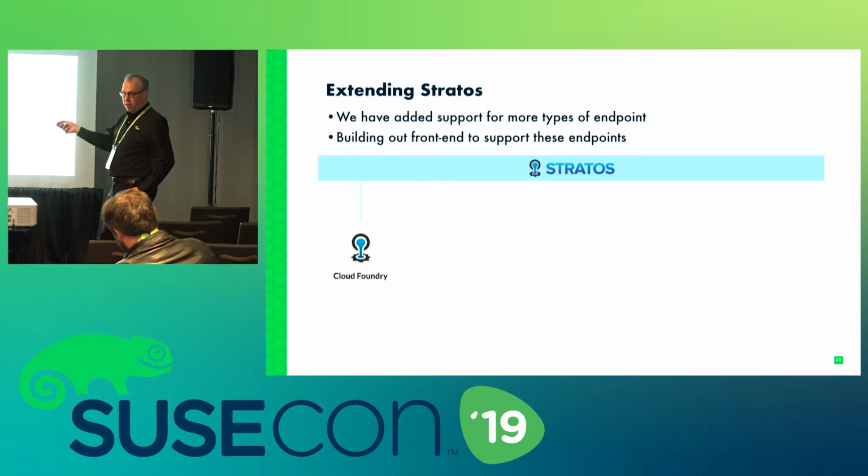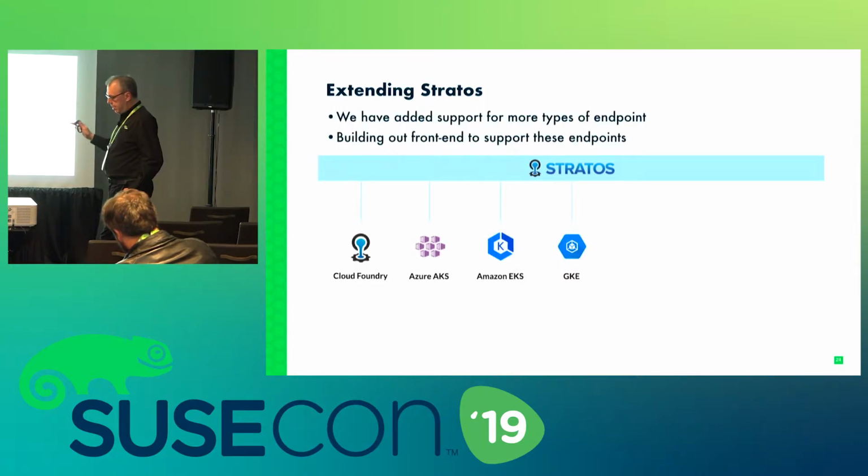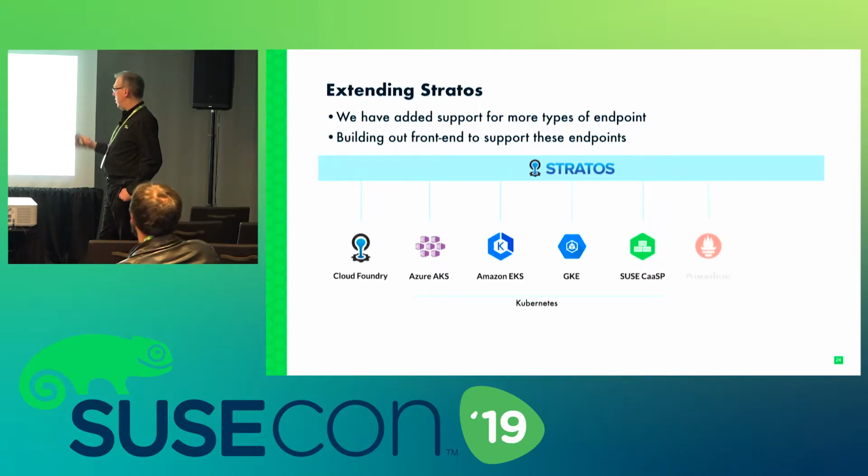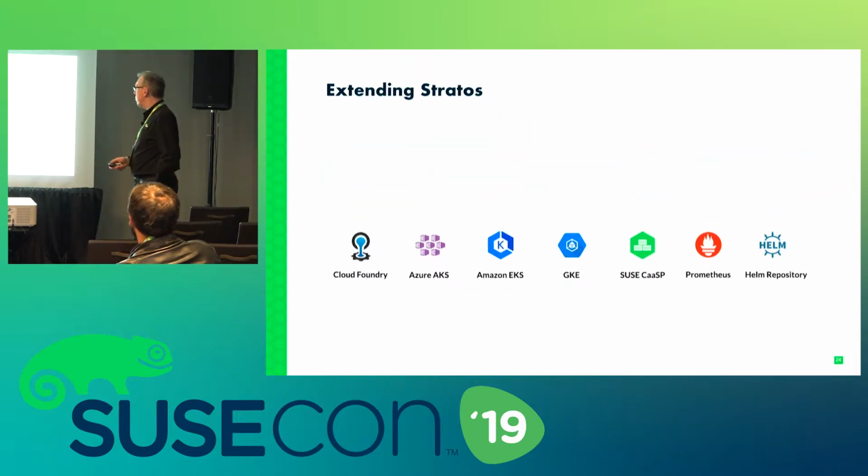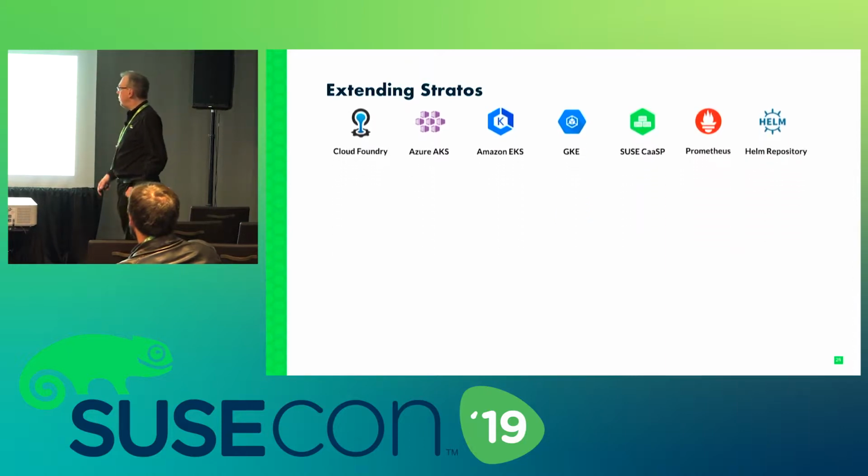So as I said, we sort of started with Cloud Foundry, and then what we've been doing is adding support not only for some of the Kubernetes distributions, but also we've been adding some metric support, which relates to the monitoring aspects of this talk, and more recently Helm. And again, I'll show these in a second. So the kind of things we can do